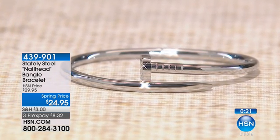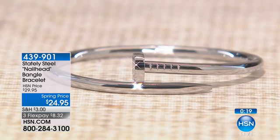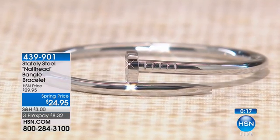439901 is the item number. We'll keep you updated here on our, I call this my aspirational Italian design